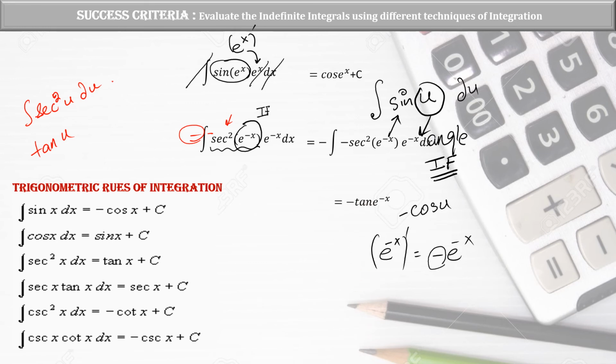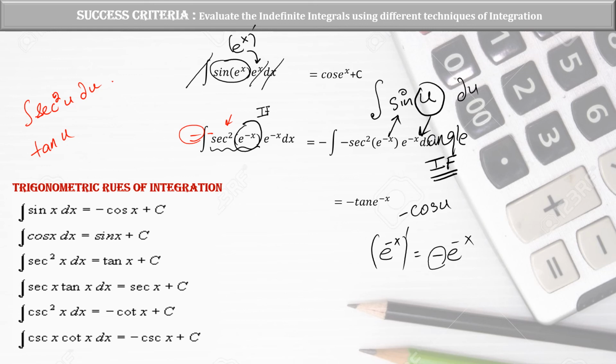I hope that you understood the concept of integrating exponential functions, where we can combine the exponential functions with trigonometric functions, with the power rule of integration, or with the logarithmic rule of integration. One more time, to revise: if we have any power, we always check where our inner function is. The inner function is always written in the bracket. Then we check if the derivative of the inner function, the function written inside the bracket, is written outside or not. If yes, then we apply the power rule.